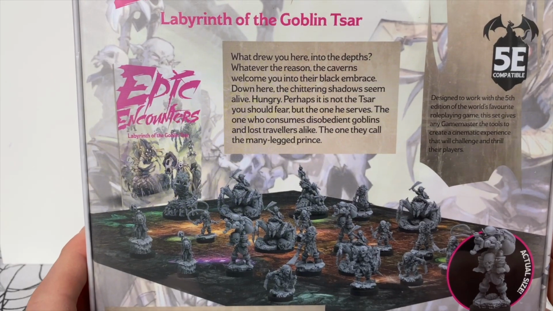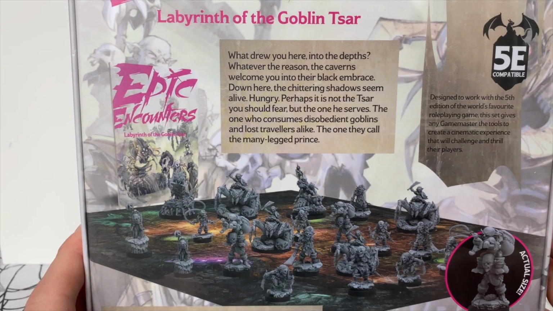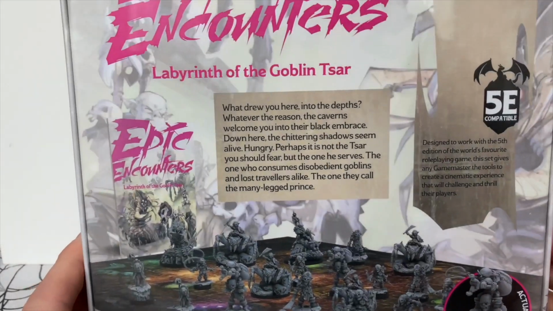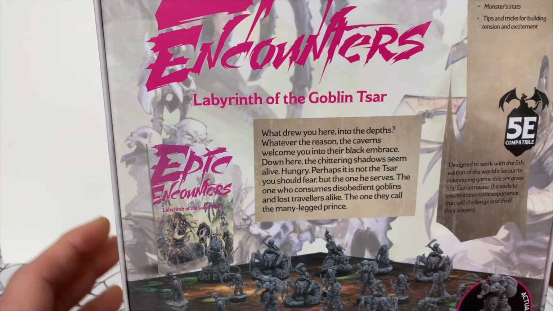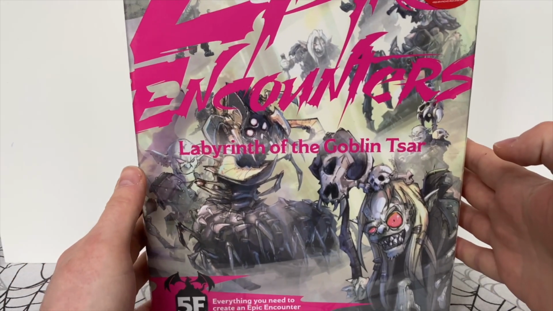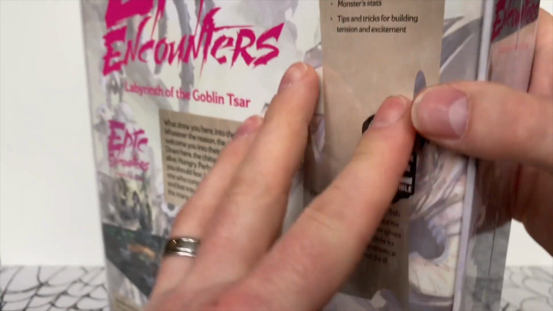Now, the Many-Legged Prince isn't in this set, but they are in another encounter box, which I also have. But I'm going to open this one first, look at the pieces, and then I'll do a separate video once I have read all the rules. So, without further ado,